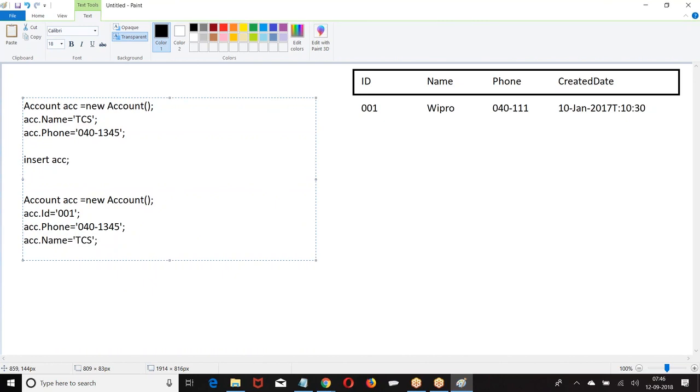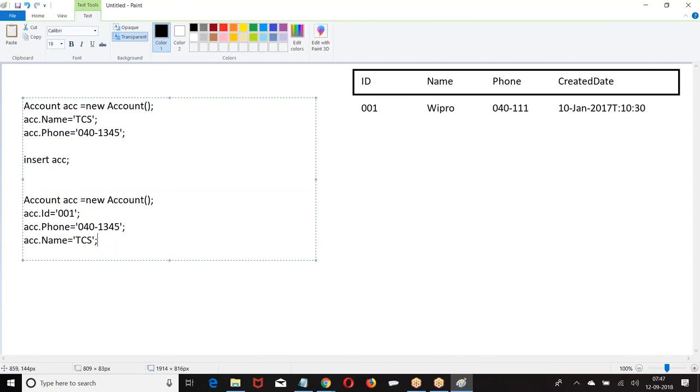This is not a new record. This is referring to the existing record with ID 001. Now can I insert this record? You cannot insert because you cannot give an ID. You cannot insert a record with ID. If you are giving an ID, it is already an existing record. What you can do is you can update.